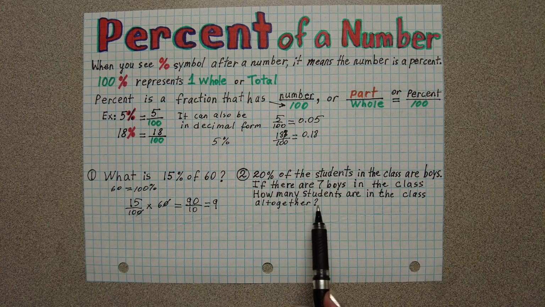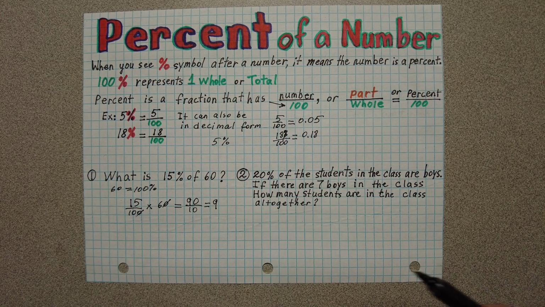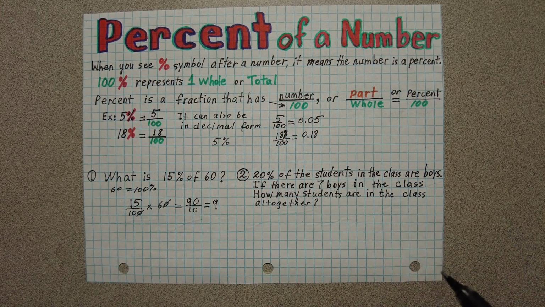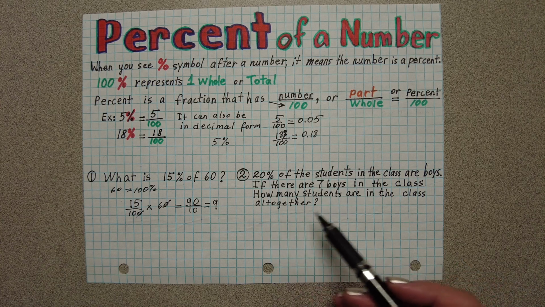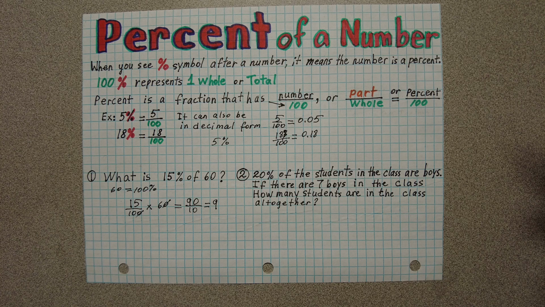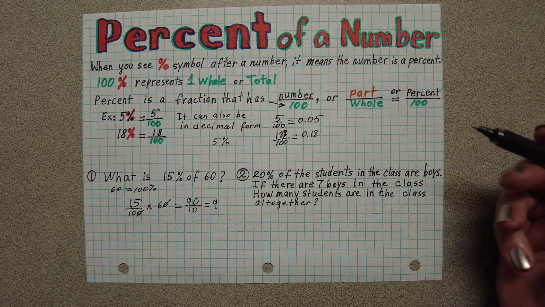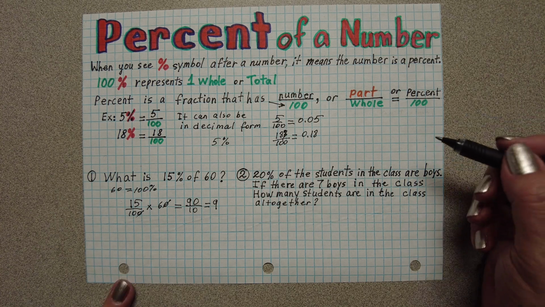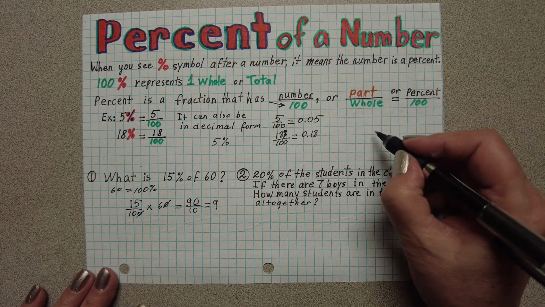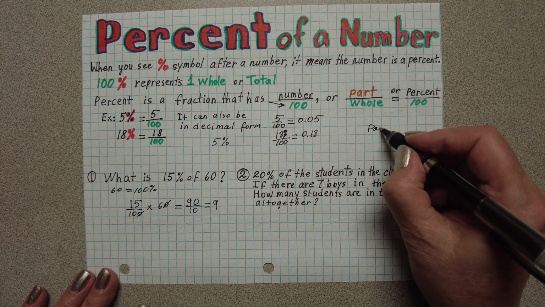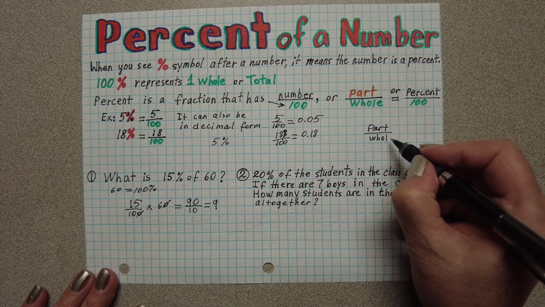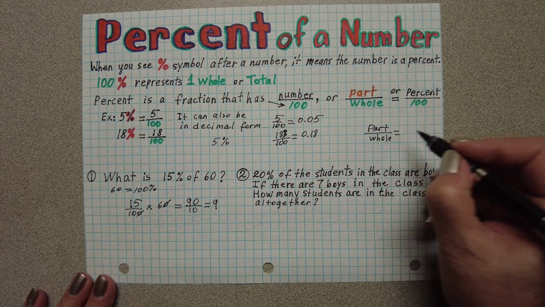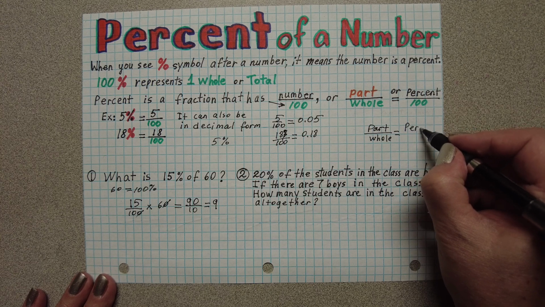You see, altogether means the total amount, or it could say in all. When you see that, it means you need to find the total amount. Now we're going to do it the opposite way. Let's see here. We use this one, part over whole equals percent